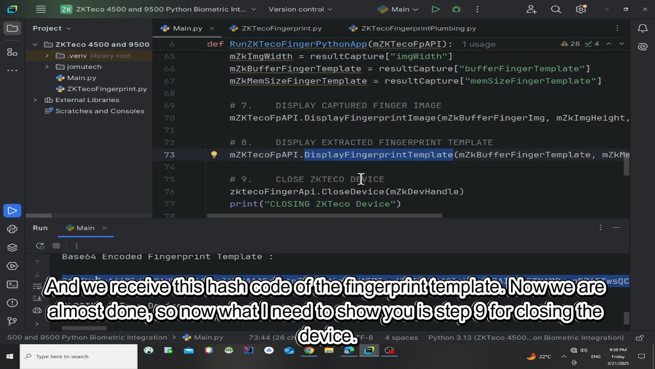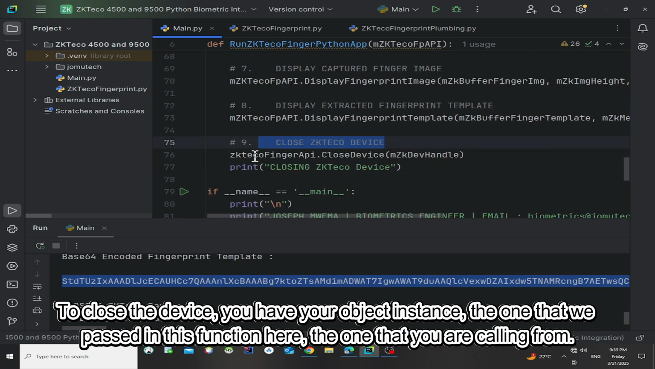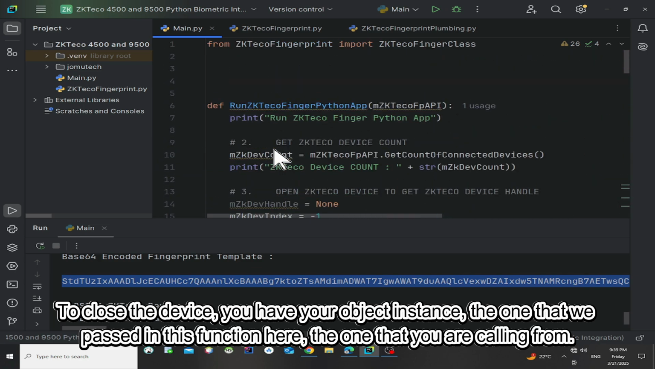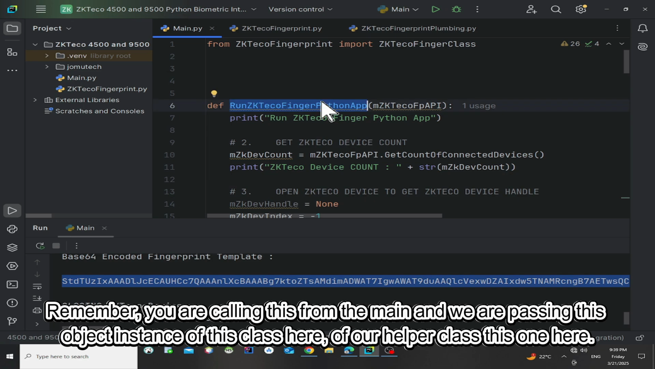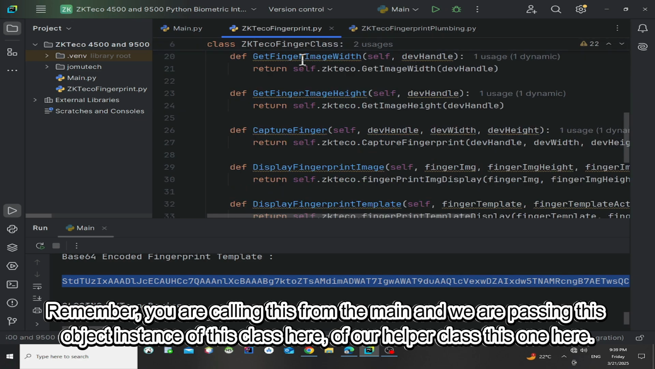Now we're almost done. So now what I need to show you is step 9, to close the device. To close the device, you have the object instance, the one that we are calling from. Remember, we are calling this from the main and we are passing this object instance of this class here, of our helper class, this one here,